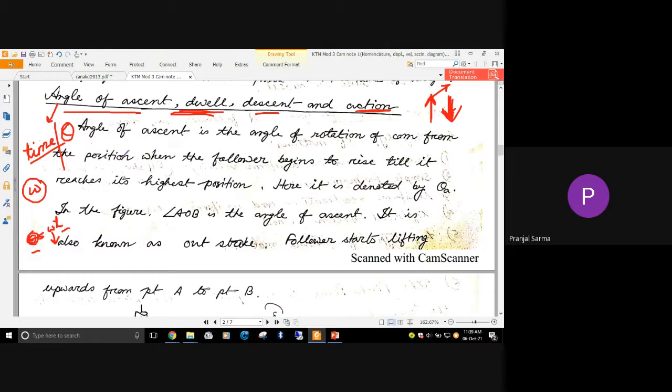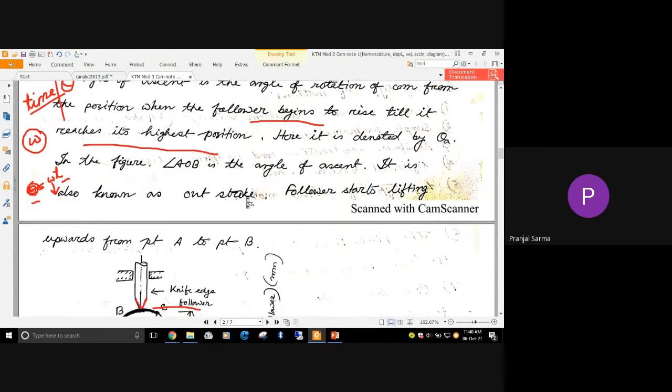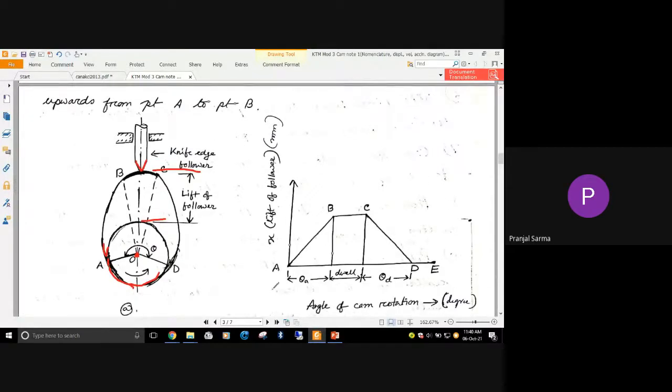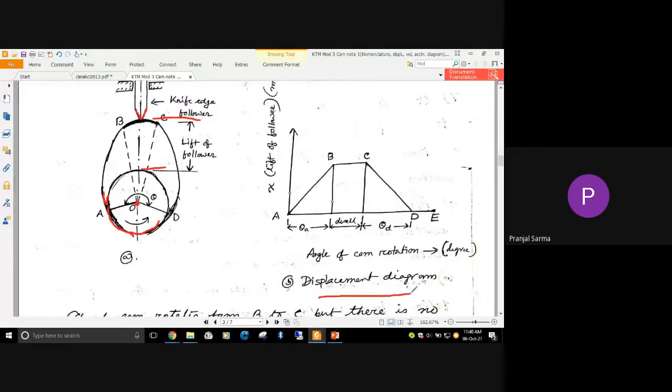Okay, they will be connected. Now this angle of ascent is the angle of rotation of the cam from the position when the follower begins to rise. Ascent means going up. So when the follower begins to rise till it reaches the highest position, that particular angle is the angle of ascent. Here, if we draw the displacement diagram,